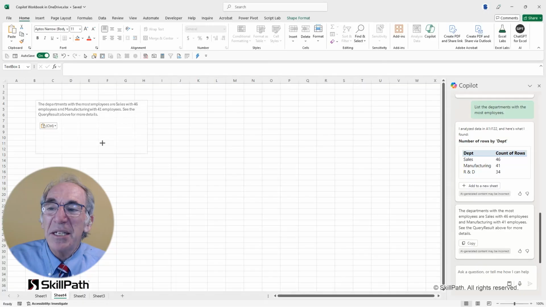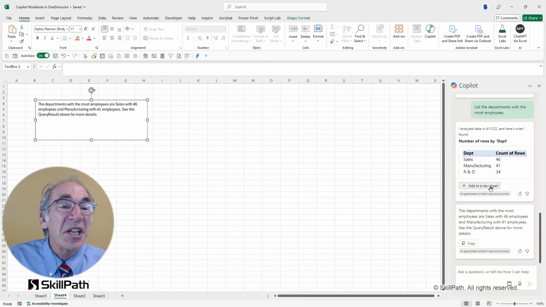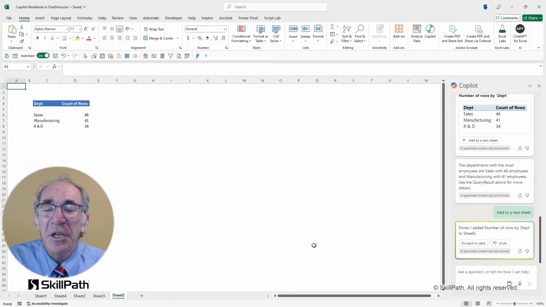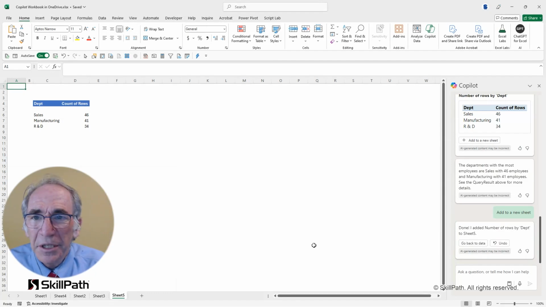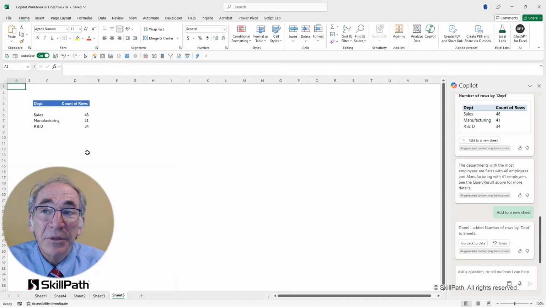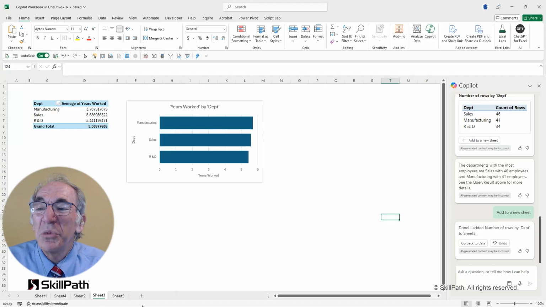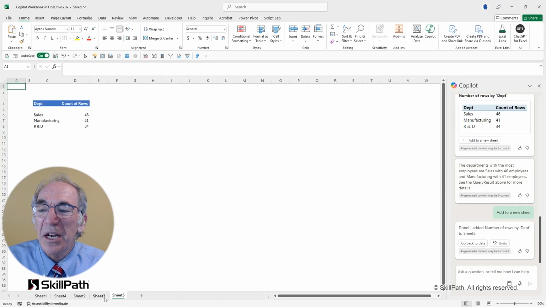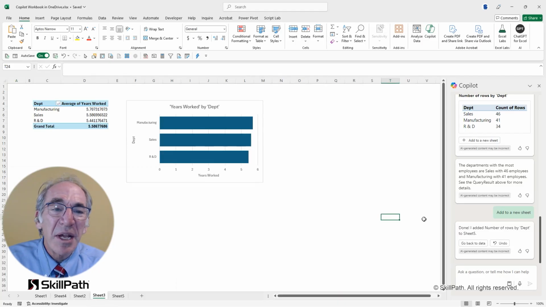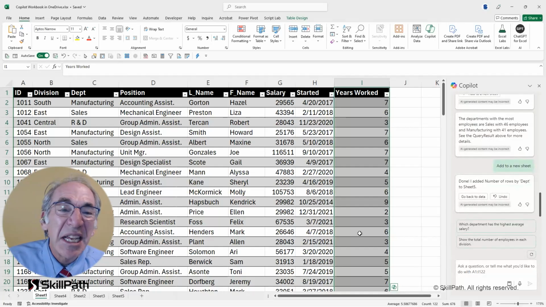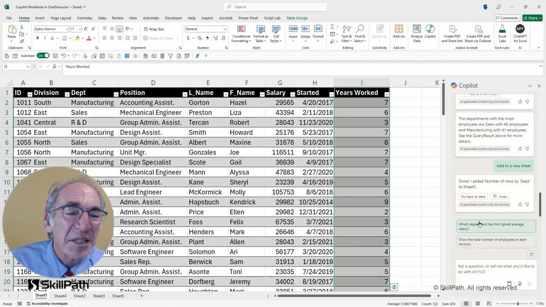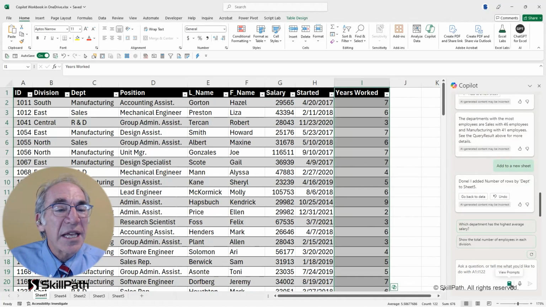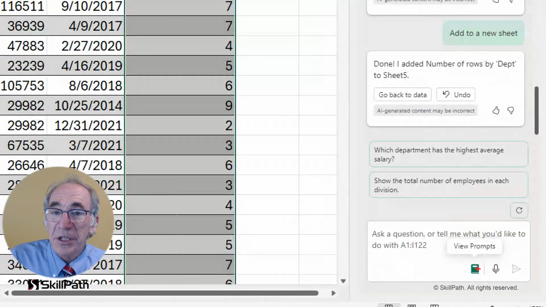And in the same context, of course, this is just changing the way you do your work. It's going to add the report to another sheet. And then inevitably, you could take that report and move the details that you copied and pasted elsewhere and put that onto that sheet as well, as a way with which to create a report out of all of the data that you've collected.